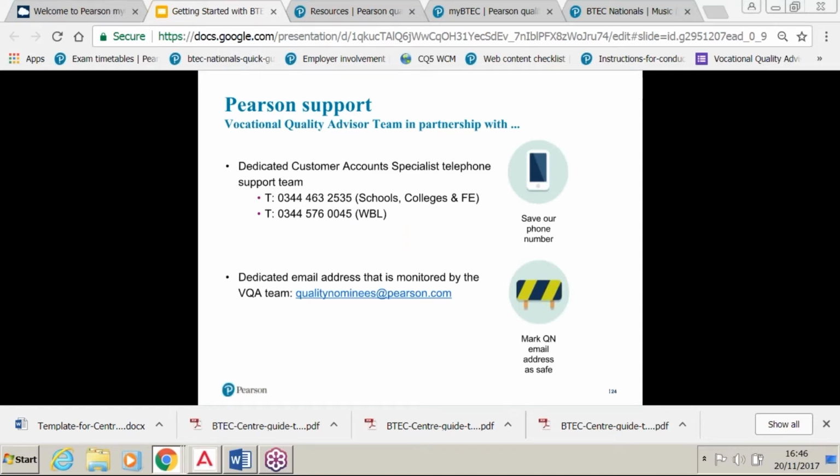There are two teams that will help you with your BTEC quality assurance. Once you become an approved centre, as I'm sure you already know, you have a dedicated customer account specialist. For schools, you are all schools or colleges here today, so that 0344 463 2535 number is your link customer account specialist. Basically, you phone that number, you'll enter your centre number, and that will put you through to your named account